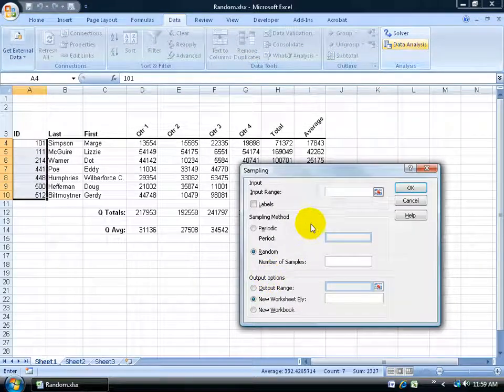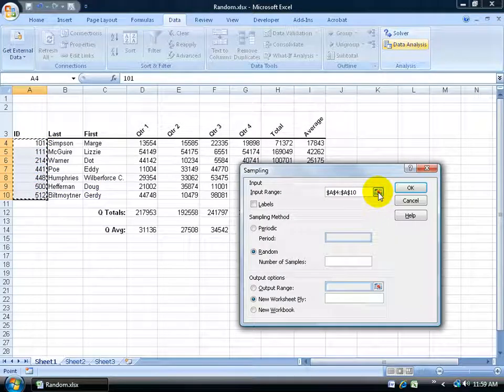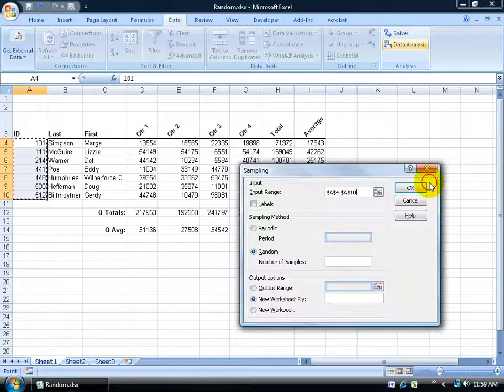It pulls up. The first thing it's going to ask you is what's the input range that you want to sample. Well, as long as the cursor is flashing within that box, I can just click and drag and select it. If not, I can click the collapsible dialog box button and click and drag again, and then expand it manually here. I don't have any labels that I want to add to this, like the IDs label or any labels over the left hand side, so I'm going to skip that. Down below it says, well, how many samplings do you want to take of that range there? Well, again, I want to just take 2 because 2 of them I want to be able to send off